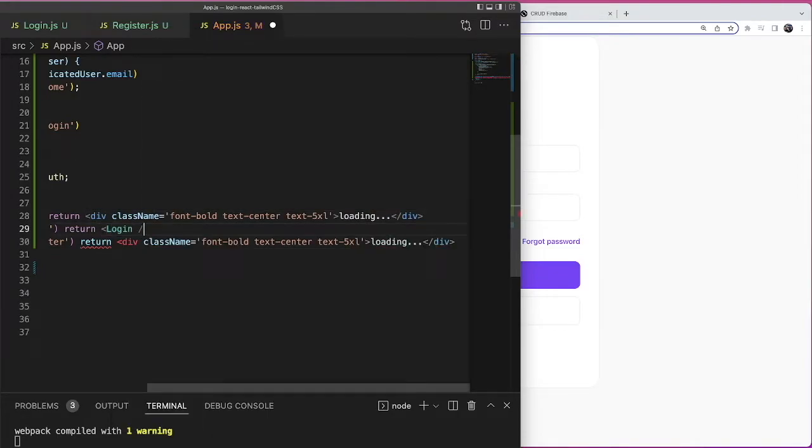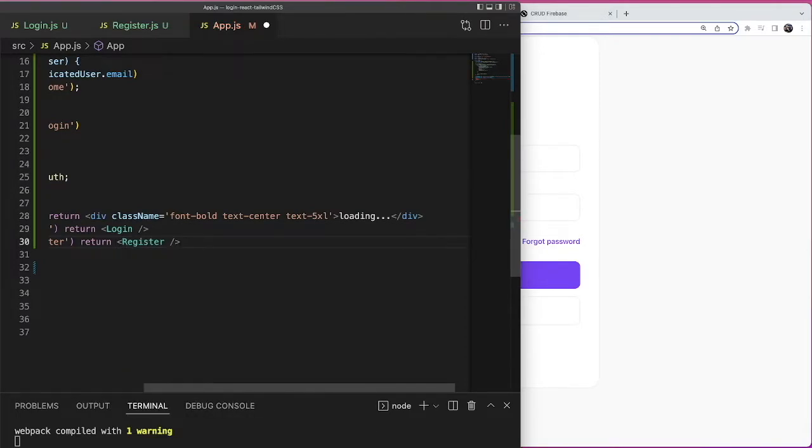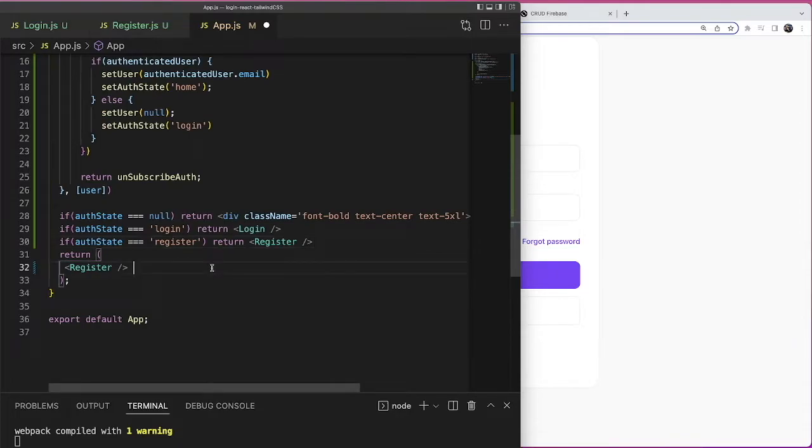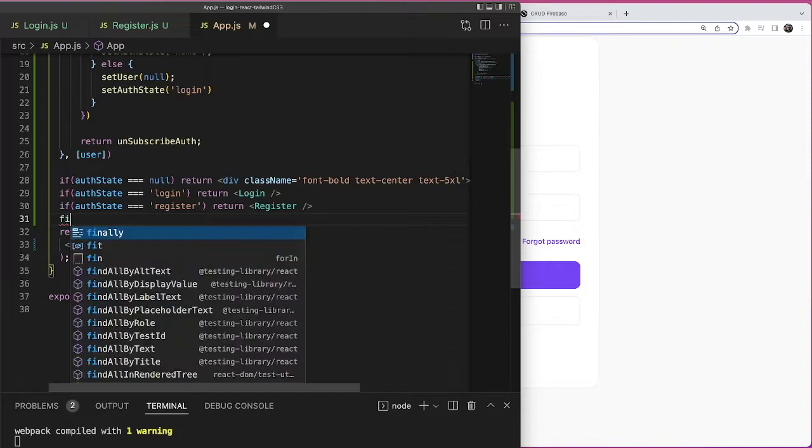And in the case of login, we want to render the login screen. And in the case of register, we want to render the register component. I'm gonna say register. And lastly, we want to take the user to the home screen in the case we have a user. So instead of checking for an out state, I can just check for a user in the last if. So I'm going to say if user,